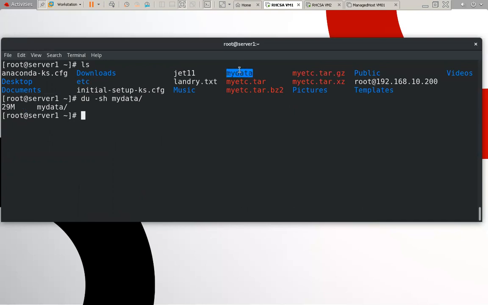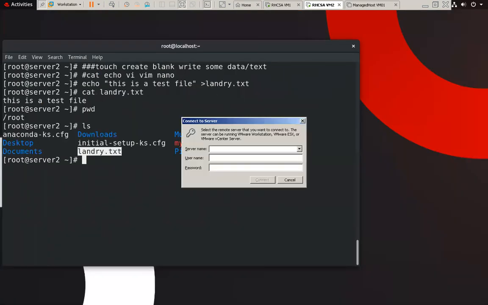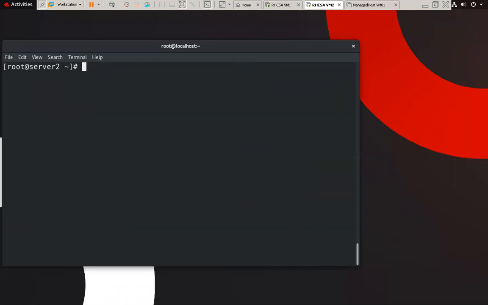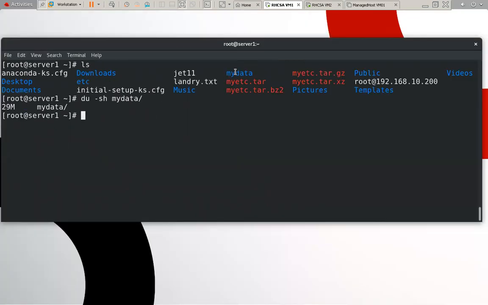This is my data and we want to transfer this data to this machine. Now we can check whether the data folder is available or not. At this time there is no folder. So we want to transfer this particular folder to this particular machine. So we use scp. This is my source, my data.